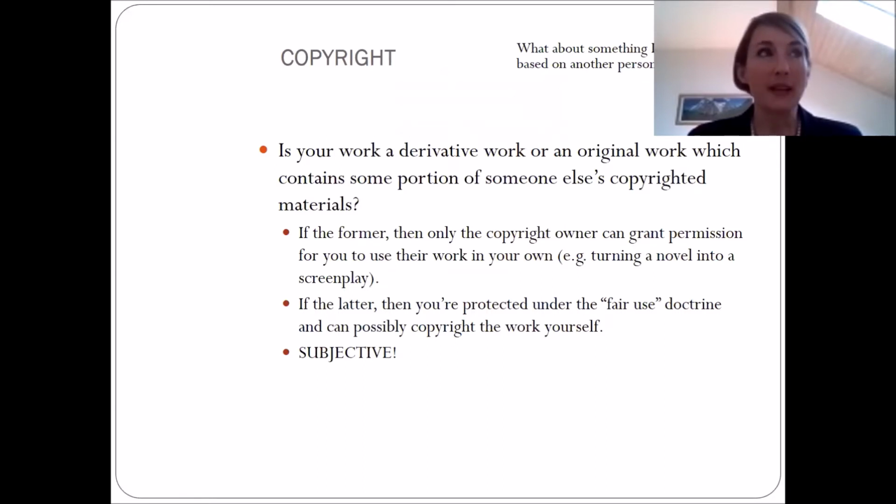So if it's something that is very much based and taken from an original work, you probably will need to get the original copyright owner's permission to be able to use or exploit that in any fashion. If it's something where you're only using a very small portion of the work and it's not competitive with the original work, and it's not commercialized, there's a few other factors as well in there, it may be